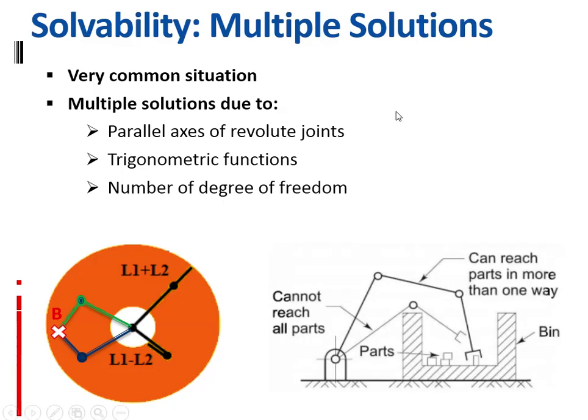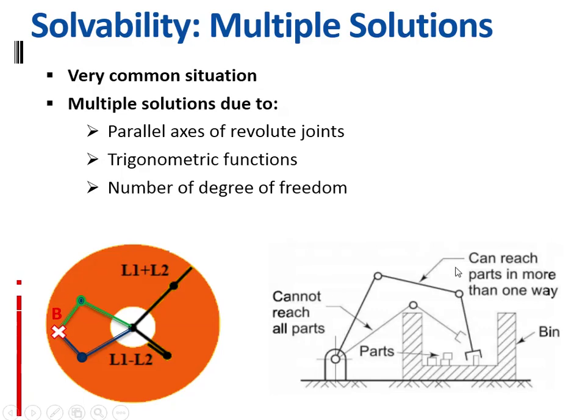So in this case, this is a two degree of freedom case, but it is not able to pick this object just because there will be an obstacle. But now if I increase the degree of freedom, increase the number of links, now I have improved dexterity or improved degree of freedom. And that is called a redundant manipulator. This is one type of redundant manipulator, the added degree of freedom.